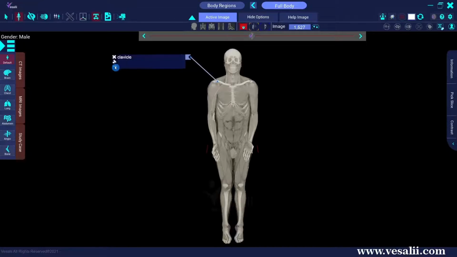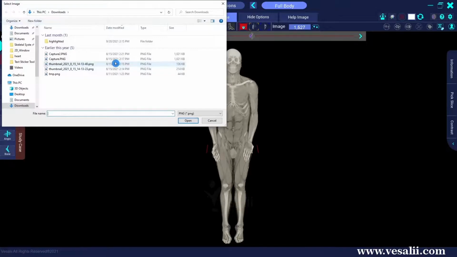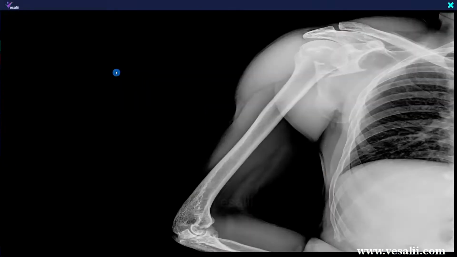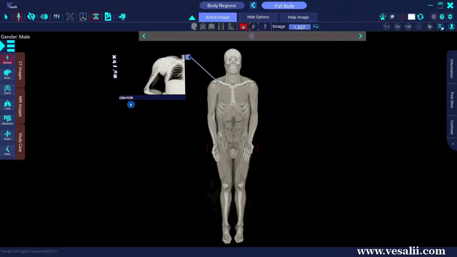We can move the sticker to any other location by pressing and holding the hand icon here. To attach an image to the sticker, click the Attach icon here and upload the image. To maximize the image we attached, we click on the icon here. Click on the exit icon here to close this window. Click on the recycle bin icon here to delete the attached image.